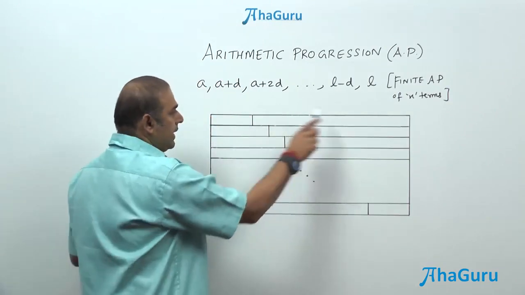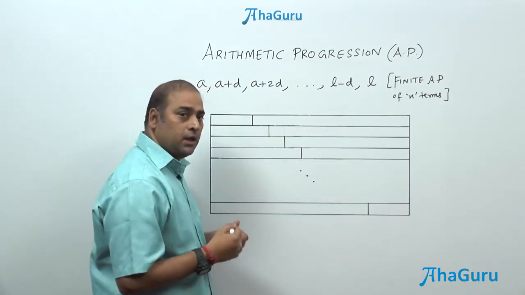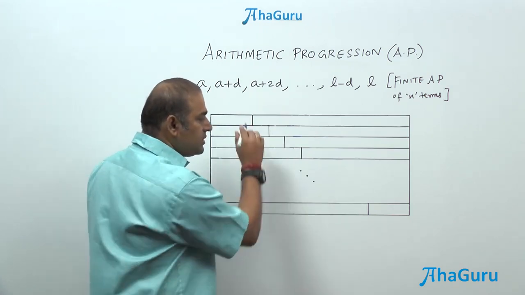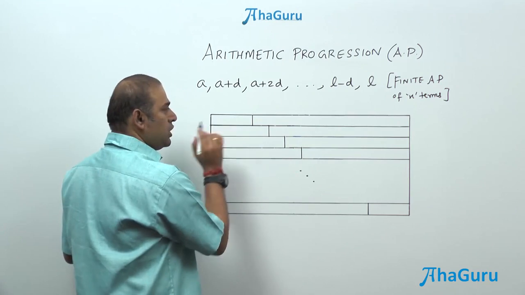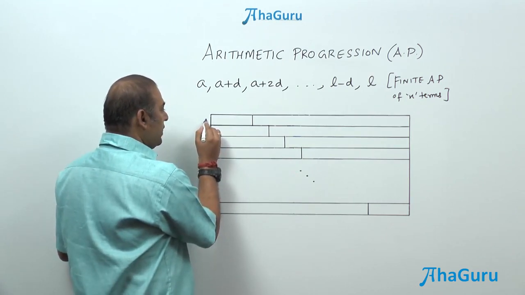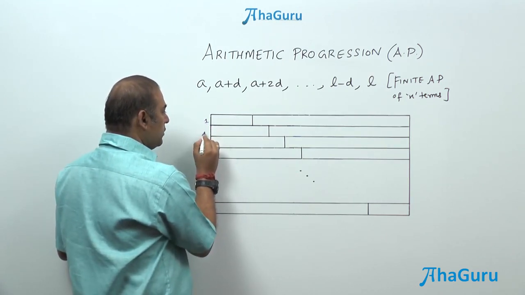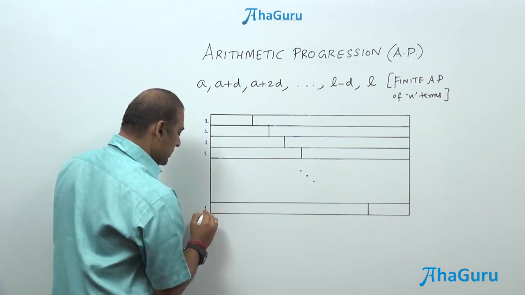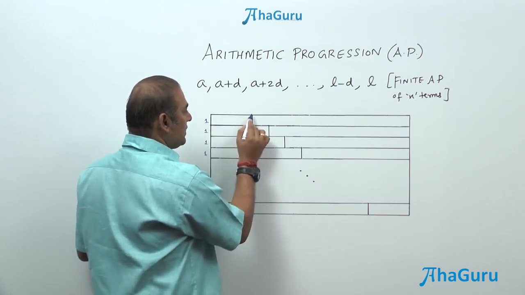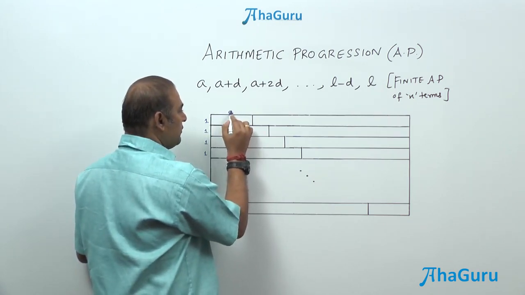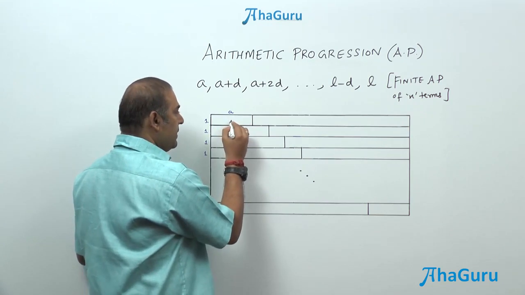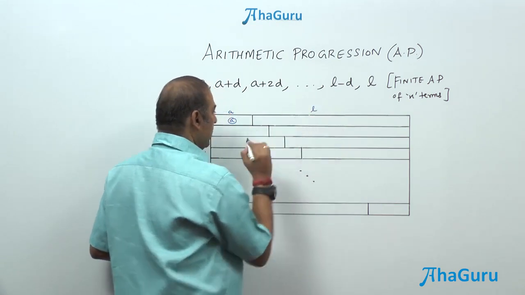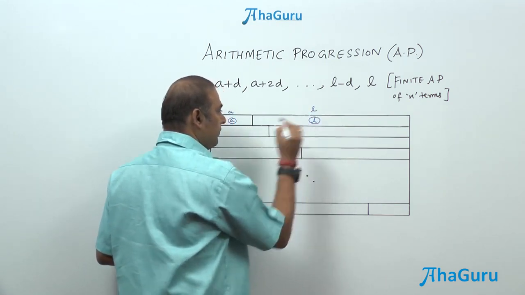So here you see a rectangle where we can realize the sum of all the terms of a finite AP. Let us take this is made up of some rectangles. In the first row, let us assume the width to be 1. So here all the widths are going to be 1, till the last. So let us take this length to be A, that is the first term of the AP. So this area is going to be A, and this is going to be L. Therefore, this area is going to be L.